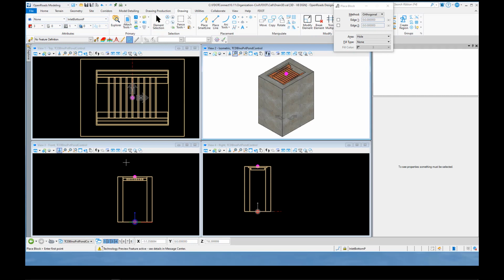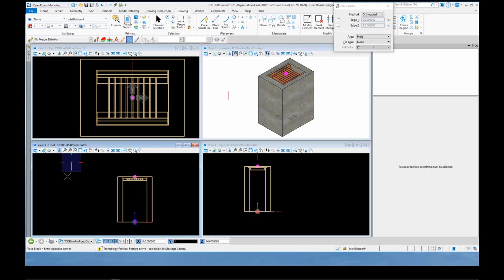Now, in this case, we're going to say the weir is 2 foot wide by 1 foot deep. So what we're going to do is, in space somewhere, click and pull down, hit the enter key,